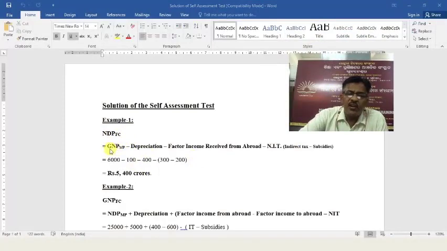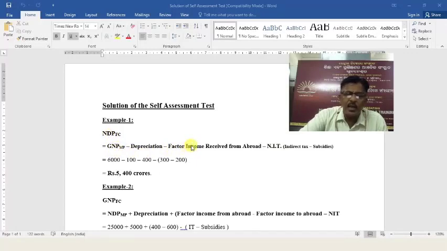You see, the formula as you have discussed in this video lesson. In your example, national product at market price was given. From market price, how will you go to factor cost? From market price, you have to deduct the net indirect tax. It is there in example 1, and from national, you want to go to domestic, so you have to deduct this